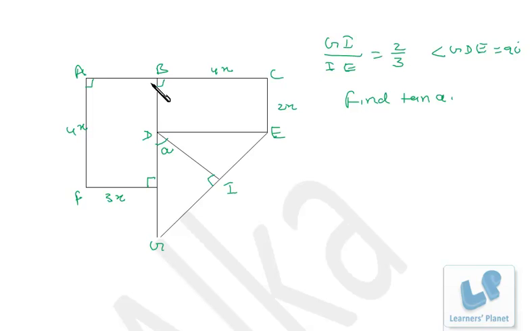See, this is 90 degree. That means this must be 90 degree. Then this must also be 90 degree. That means ABCD, maybe this point I assume to be H, it's a rectangle, right? So if it is 4x, it has to be 4x. Similarly, this is 90 degree, this is 90 degree. That means this must be 90 degree, and these two lines are parallel. That means BCED, that is also a rectangle.